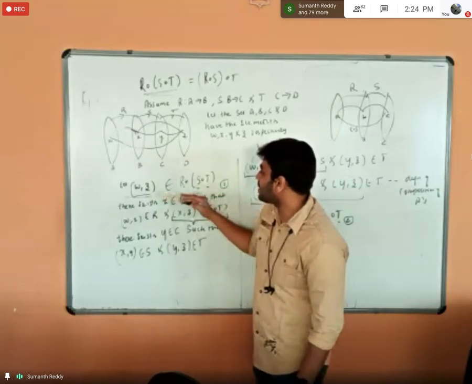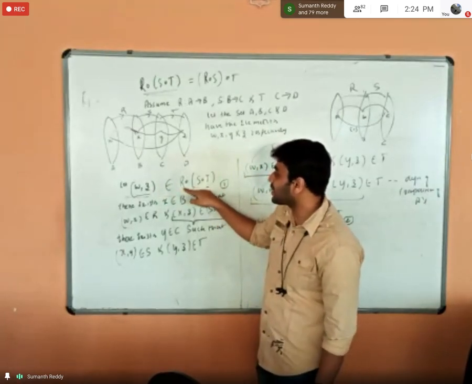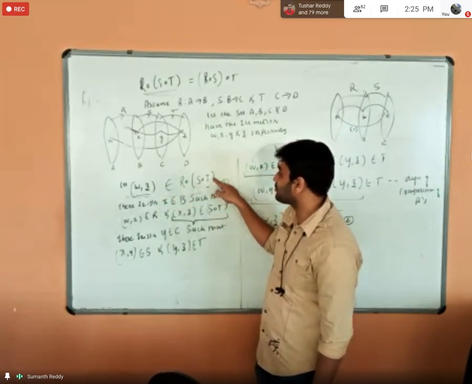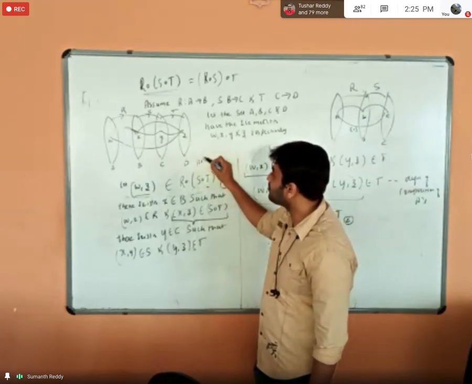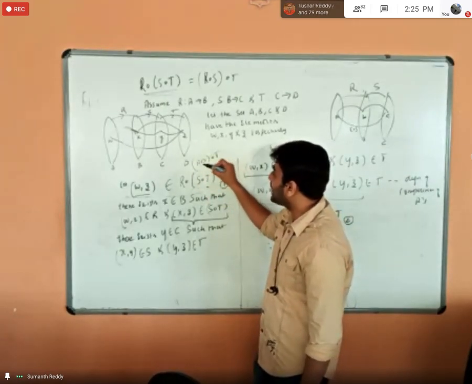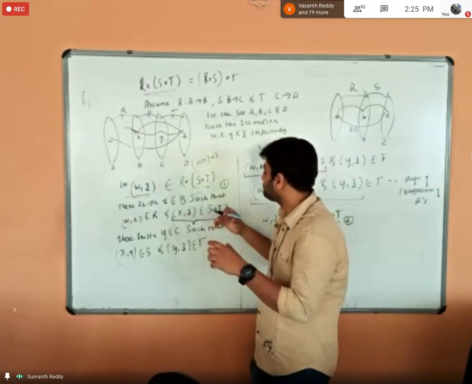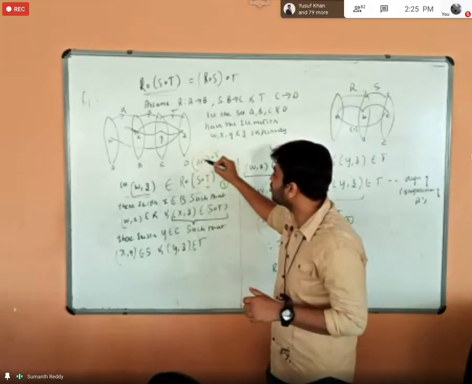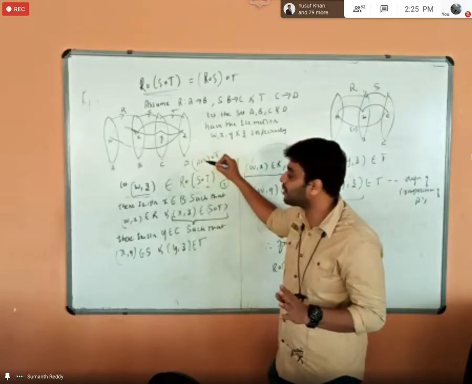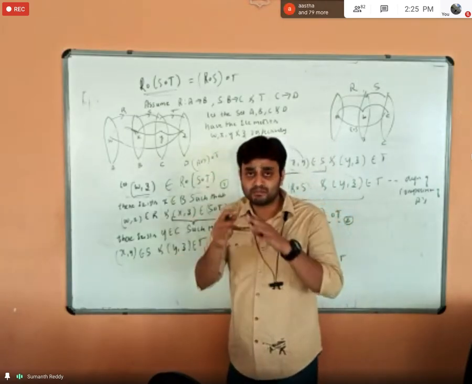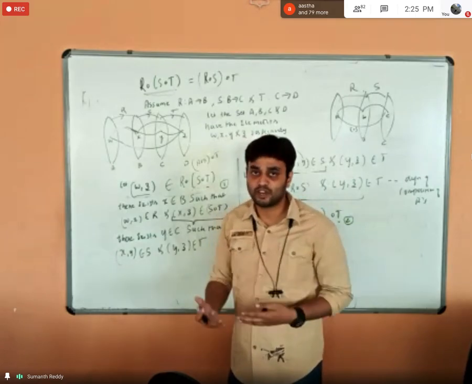So after this, what I have to do is split this. What I have here is R composition of S composition of T. But what I need to prove is R composition of S, composition of T. I need S composition of T to be made free, and I need to regroup R and S together. Okay, so in order to do this, I have to just bifurcate, right? For that, I can use the definition of composition of relation.